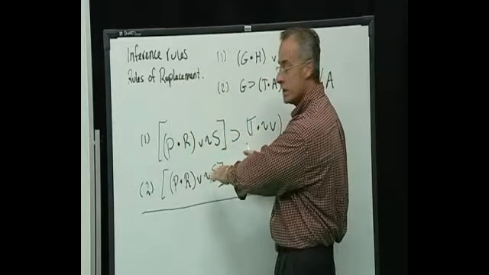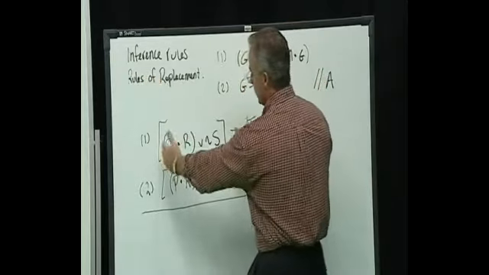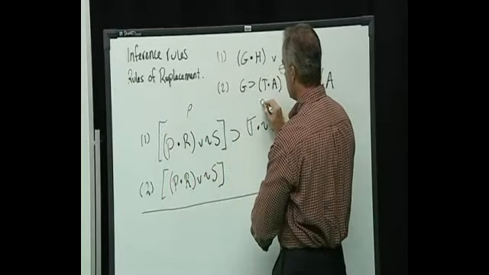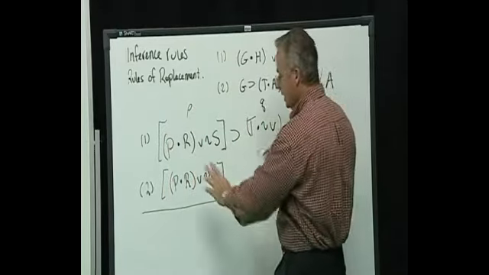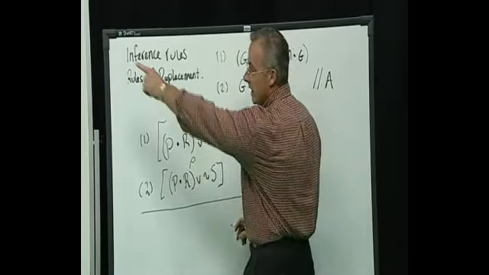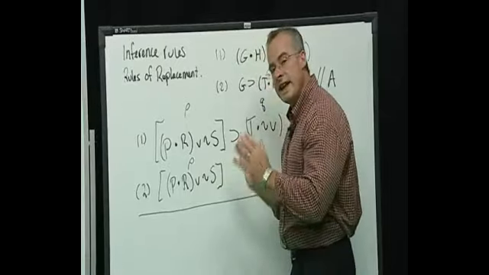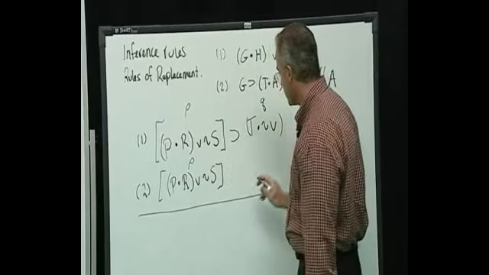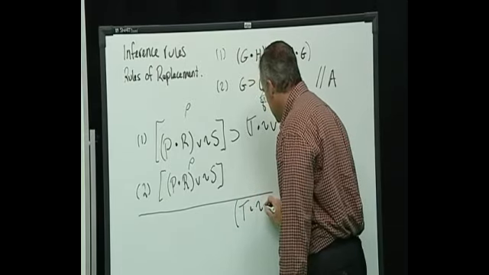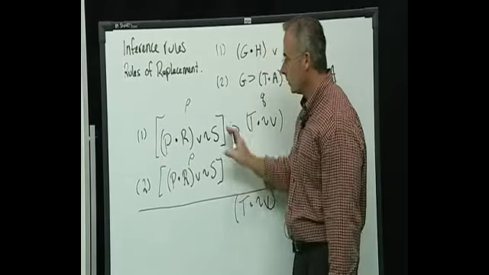We have a conditional statement, if p then q. This part is the lowercase p. This part is the lowercase q. And here we have the antecedent, p, right? We have something of that form. What we're guaranteed, given the nature of logic, is that the consequent, T and not V, follows from these two